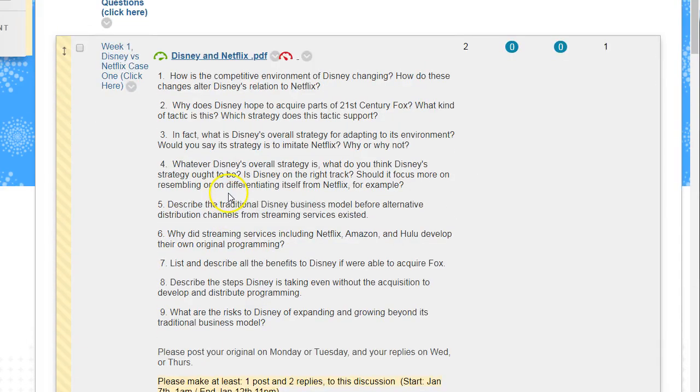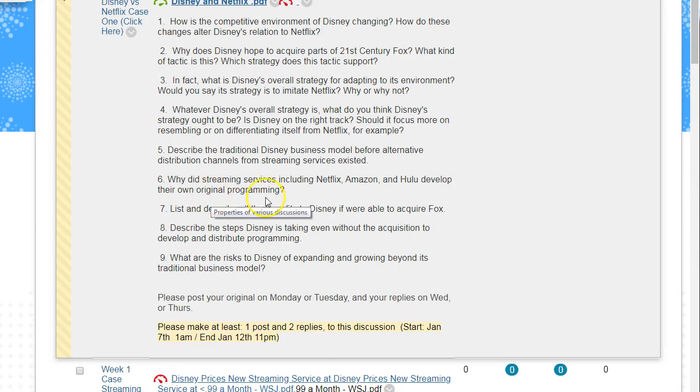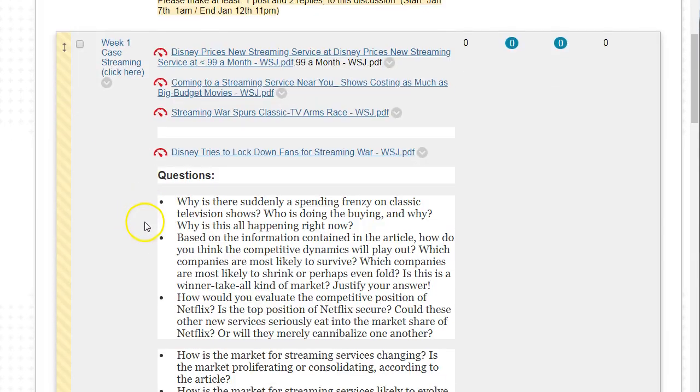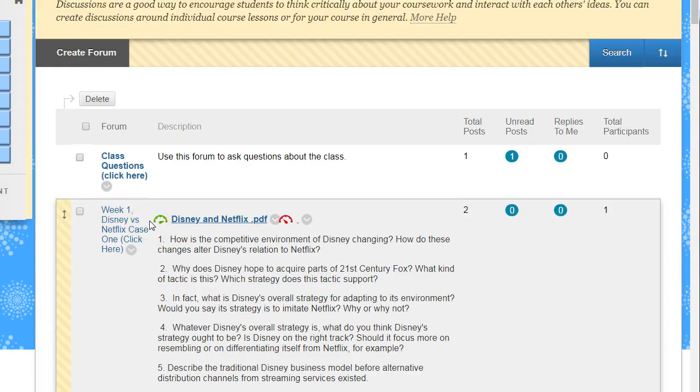Now, what I'm looking for is 1 original post answering the questions and at least two replies to other students' posts, not your own posts. Whatever, you may reply to other students' questions in your post, but that doesn't count as a reply, because I want you to read other students' responses and reply to them, and this is how we create the discussion board. So week 1 we have 2 different discussion boards, and then each week Blackboard